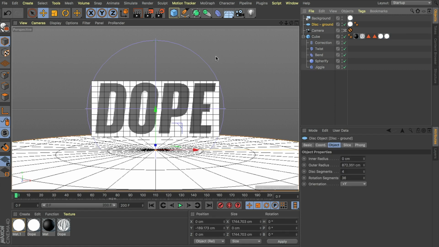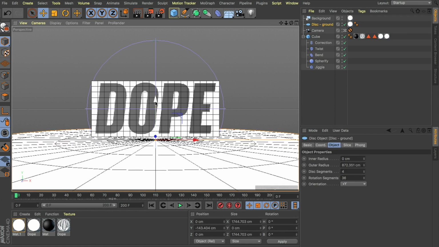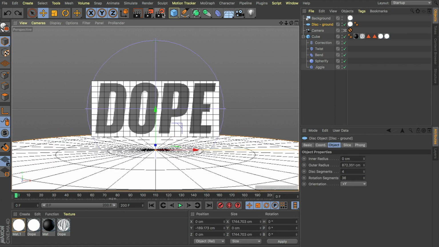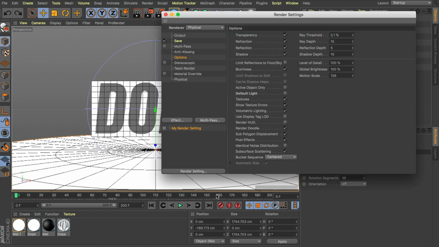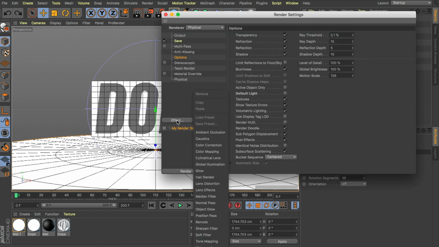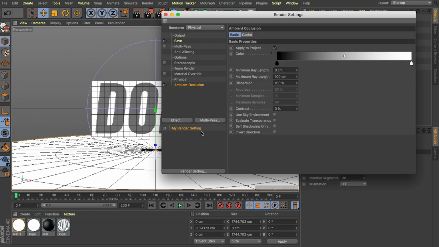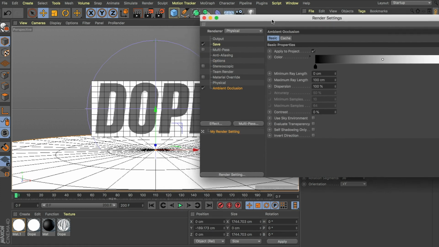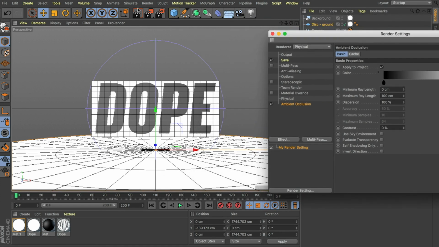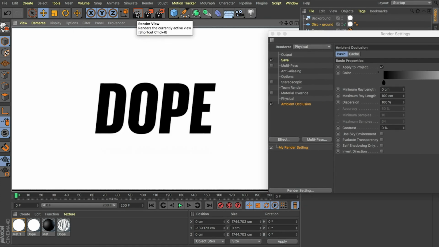All right, so we've got our ground. We want to get some shadowing happening. Let's jump into our render settings again, go to our effects tab, and I'm going to include some ambient occlusion. Slide this over a little bit for a second. Hit render, and you can see we're not really getting a heap showing up. It still looks quite flat. All we're really seeing is just that black text showing through on our cube.